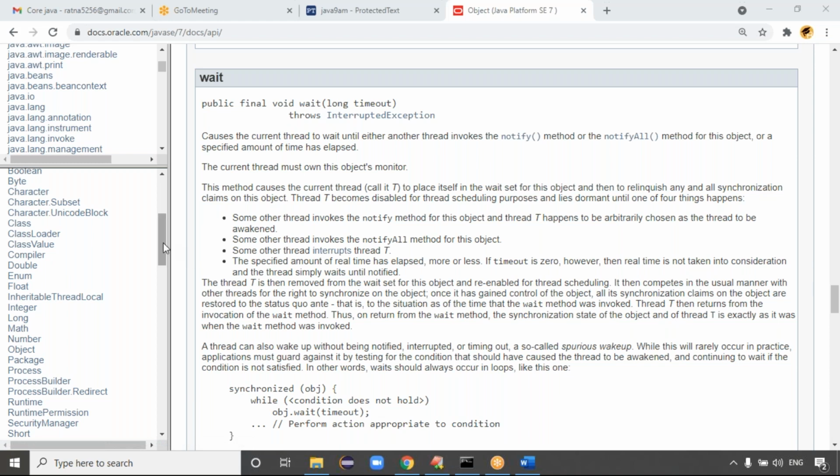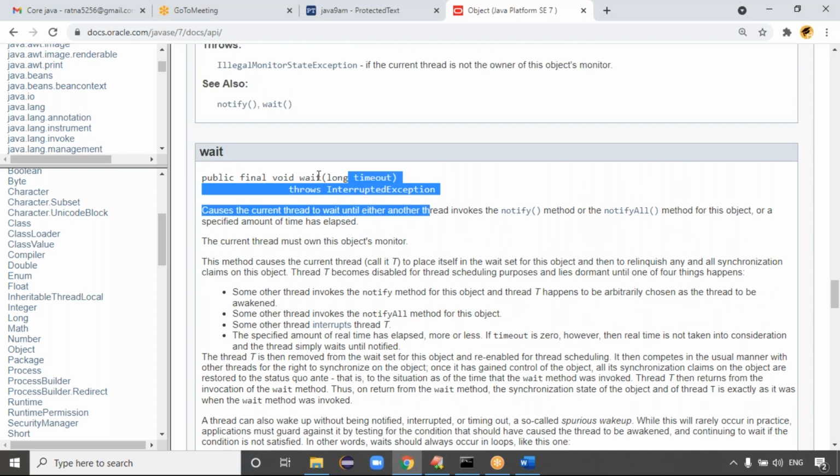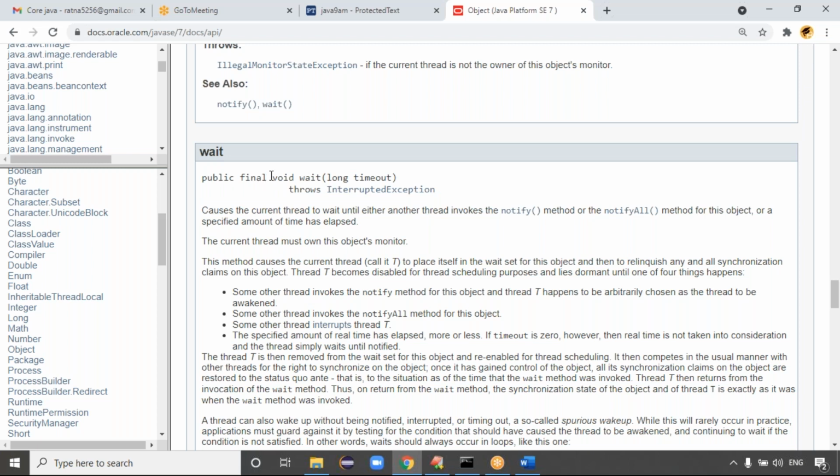Why did the API documentation not mention it as a native method? At least in the method syntax, they definitely require the native modifier. Then what is the meaning? They will not remove the native modifier definitely. But you try to see what the observation is, maybe.